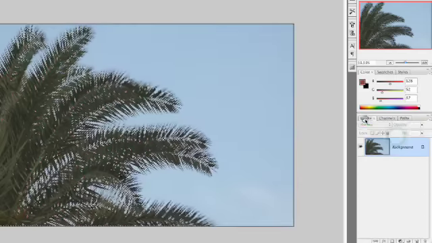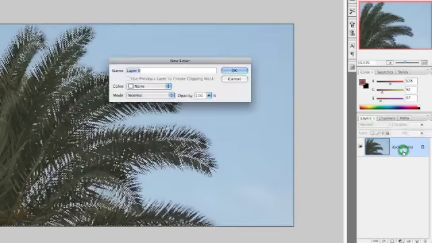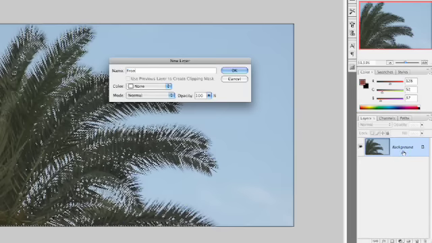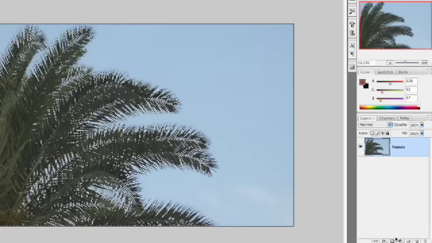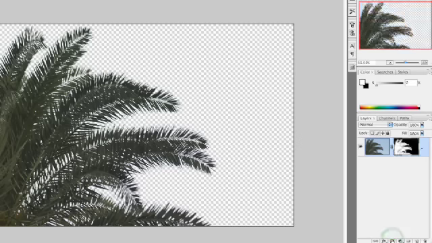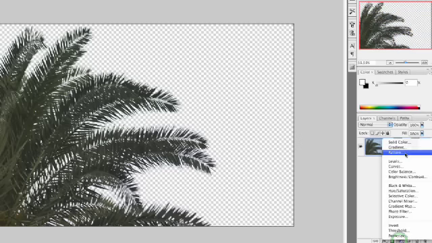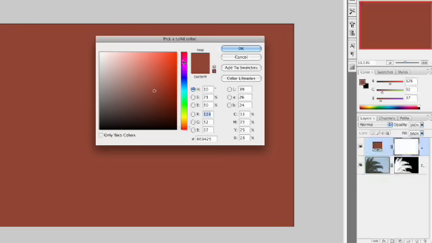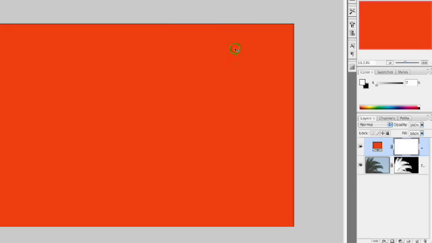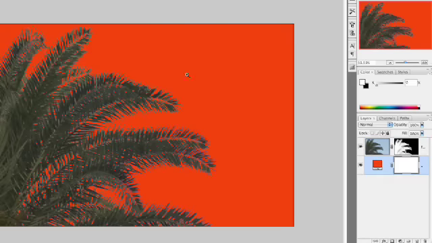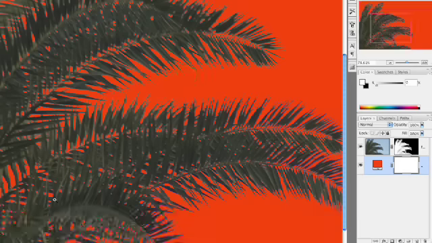Switch over to layers. Double-click to make it a layer, and add the layer mask. And you see that it did indeed cut that out. To make this easier to see, we'll just toss a solid color back there, and let's go with a bright red. We'll put that behind. And notice that there is no blue fringe on these leaves, that they are indeed cut out from that blue